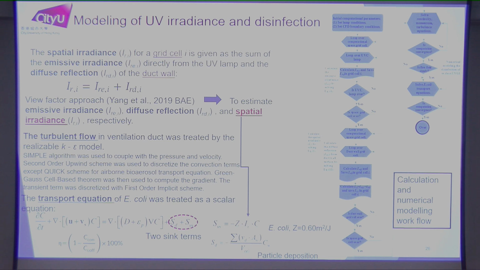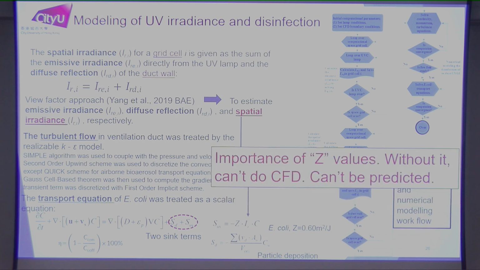But the modeling is not that straightforward because in the air duct we have emissive irradiance, meaning direct, and we have diffuse because the duct can be diffusive, right? So we have two components. Now I will not go through this. What I want to mention here is that in the modeling, we need set values. Set values cannot be automatically generated. It's all from us doing difficult experiments to get the set values. Once we have the set values, I can put them in this term, then the model can predict the bacteria concentration